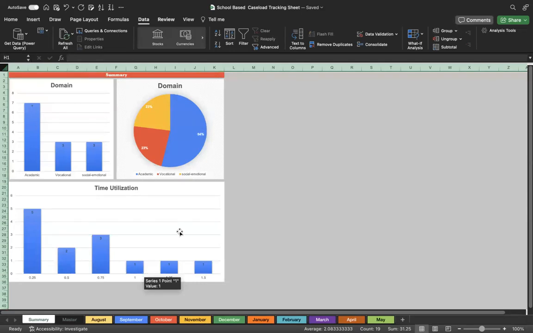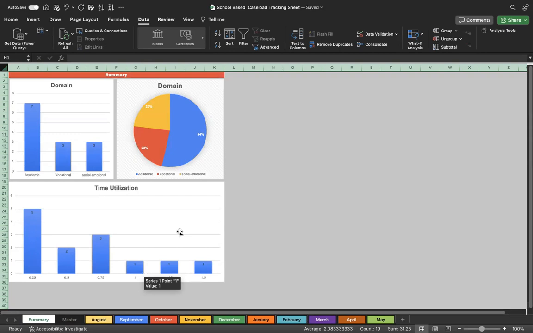This is going to simplify things. If you have an administrator who wants a report, this is going to simplify it for you. If you have a district that you're trying to get them to understand why they need to hire another counselor or social worker or mental health provider, this is going to help you do that. If you want a really simplified way to just keep track in between your sessions, and then maybe at the end of the day, be able to go in and put notes into the report,